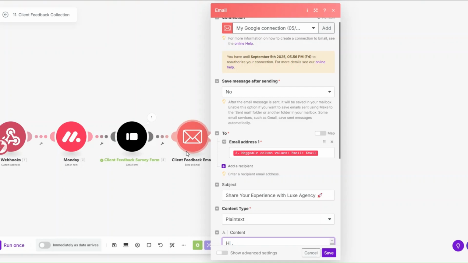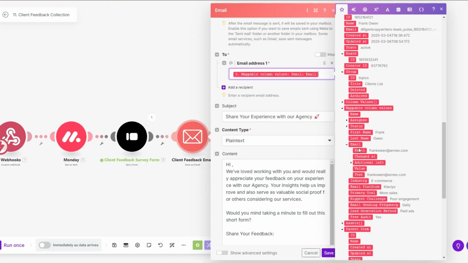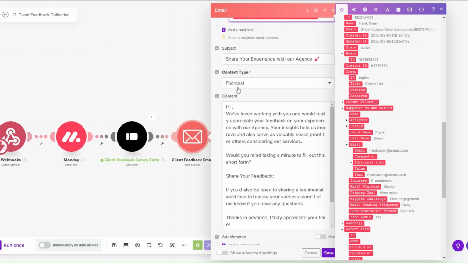Rename our module to client feedback email. Here we're going to add our client's email address from Monday right here. The subject line of the email could be along the lines of share your experience with our agency. Content type, I'm going to choose plain text. The content of this email could be along the lines of, hi, first name,